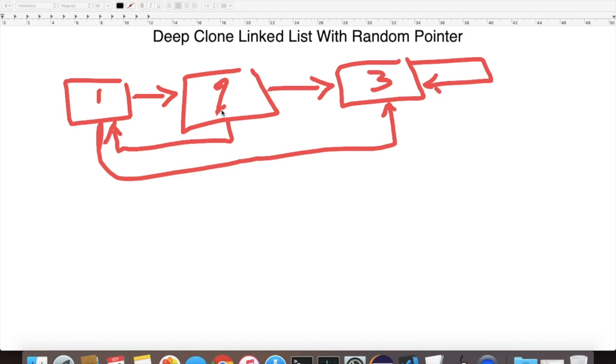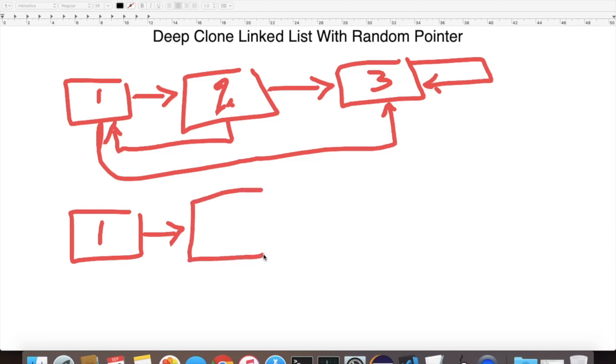If we try to copy this list in a normal way, let's think about how we would solve it. If it is a normal linked list, I can take the first node and create a node called 1, and next will be null. Then we go to the next one and see that node 1 has a next node which is 2, so I create node 2. But how can I create node 3 when I don't know in which order node 3 will be in the list? So I have to keep the order of the list, and also keep the random pointers